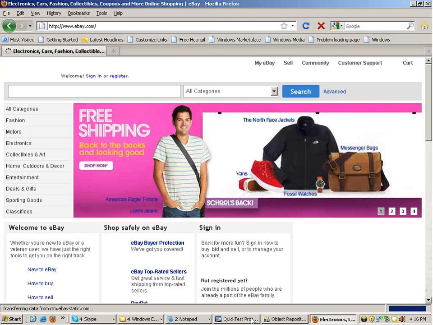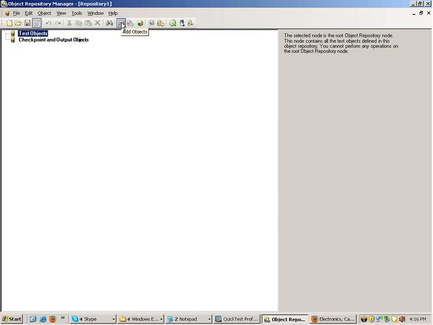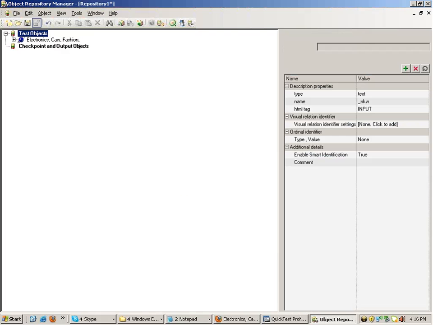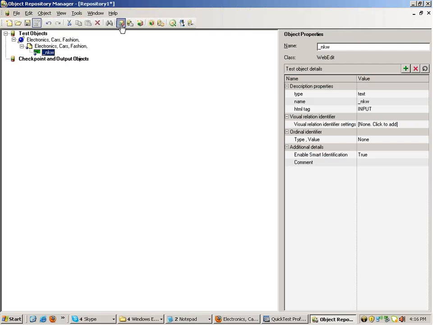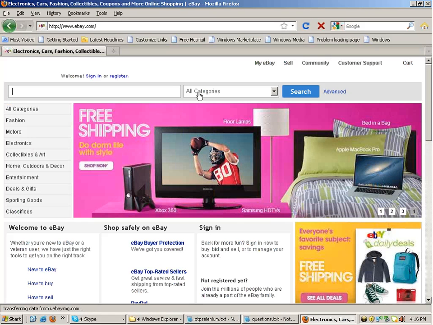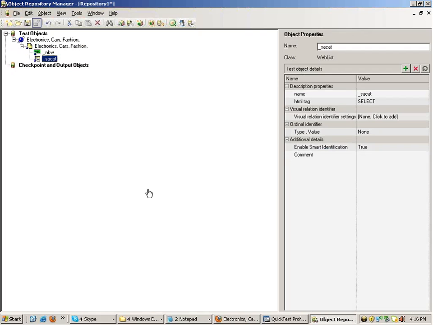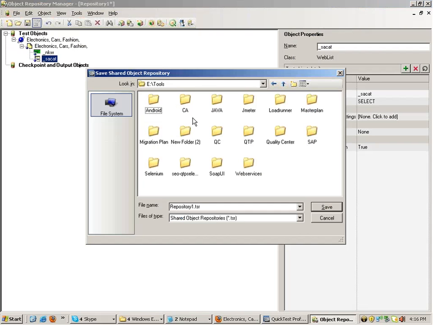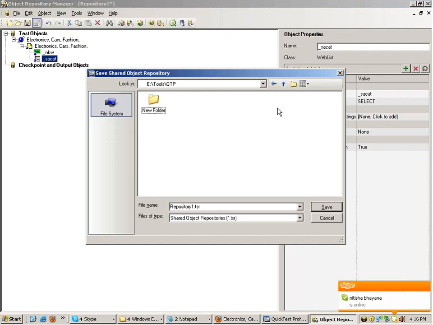right, and in my repository I add this text field, okay, and after that I add this drop list, fine, and save it on my hard disk as, suppose, a.tsr file.